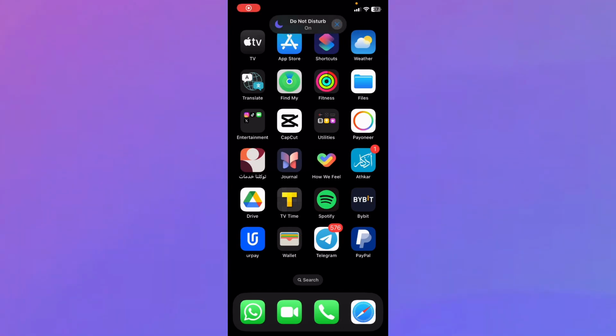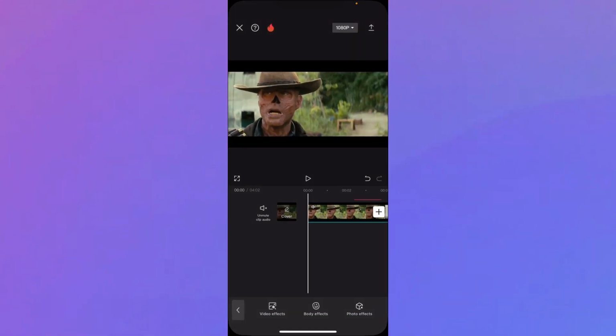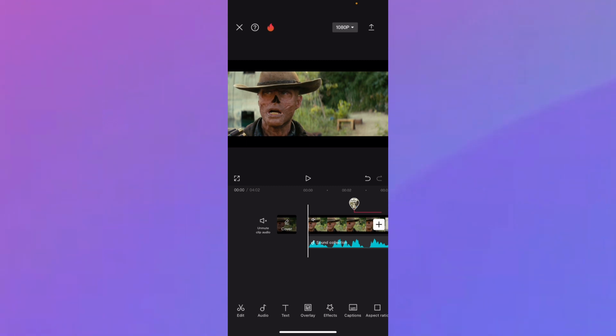My name is Adam. Today I'm going to show you how to use the glow effect in CapCut. So first of all, go ahead and open up CapCut. Basically, what I'm going to do, you get to see this is the video that I have right here, and